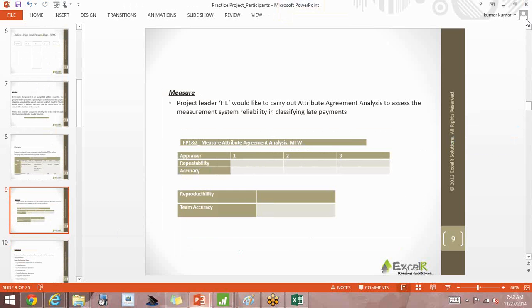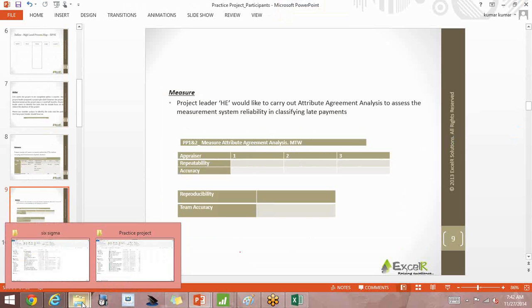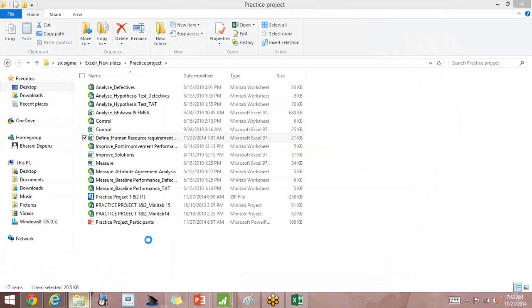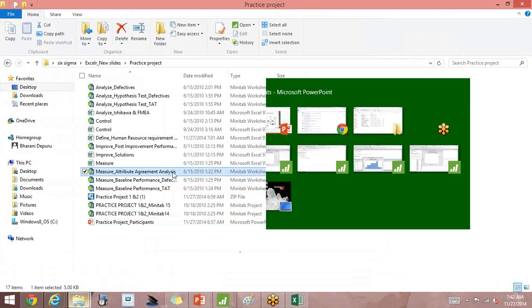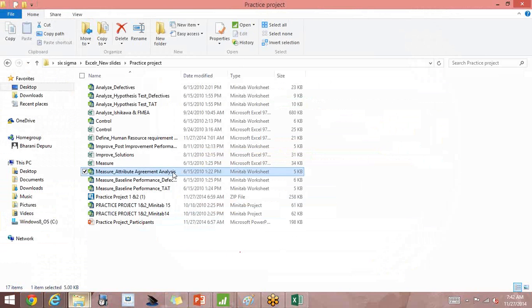Okay, fine, I'll do that. So the measure attribute agreement analysis.mtw file. Let me open that. It's opening up, I think.